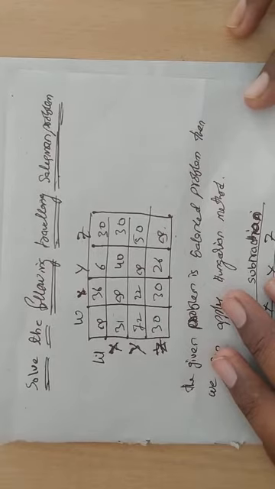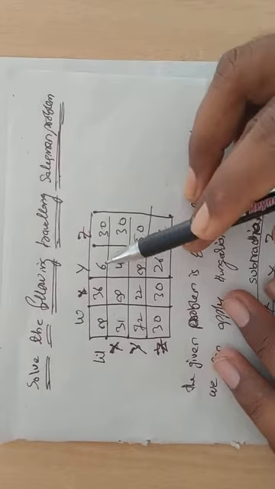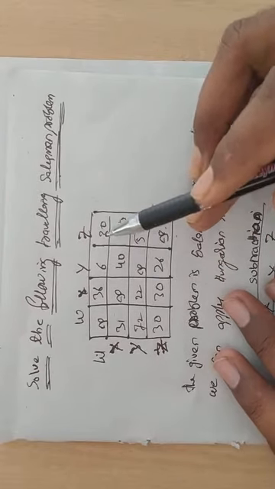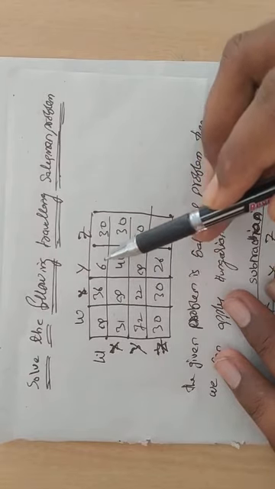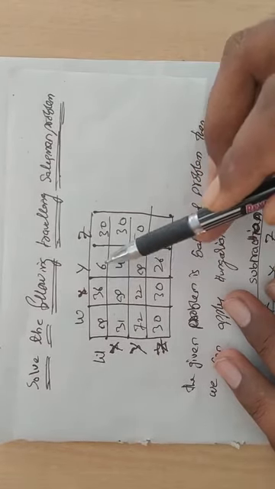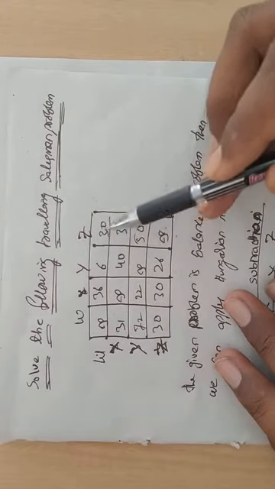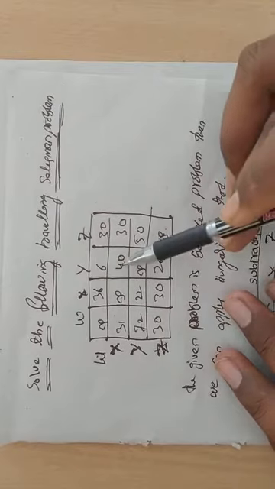First we move to the row subtraction. We have to identify the smallest cost element in each row and subtract it from the others. In the first row the smallest cost element is 6. 36 minus 6, 30. Okay? 6 minus 6, 0. 30 minus 6, 24. In the second row, 30 is the smallest. 31 minus 31. 40 minus 30, 10.